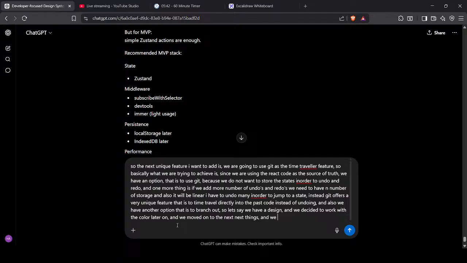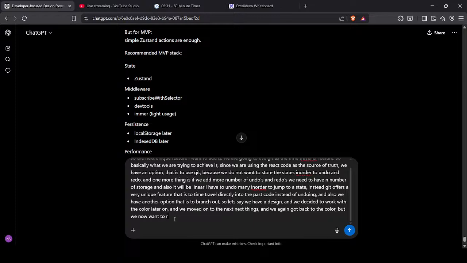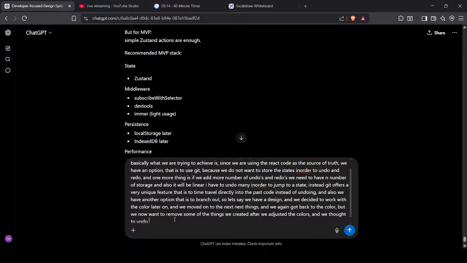And we again adjusted the color, but we now want to remove some of the things we created after we adjusted the colors, and we thought to undo something